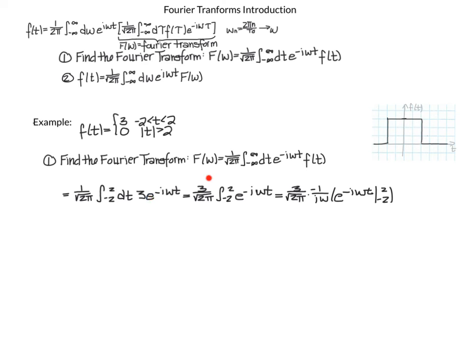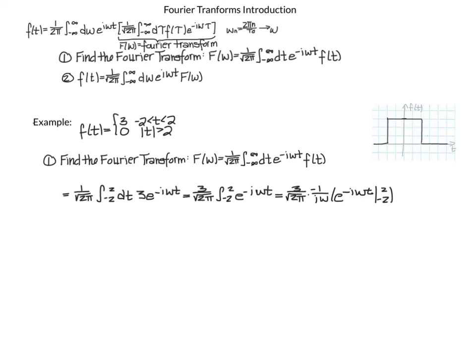I've pulled out my 3 to the outside, and now I'm left with the integral from negative 2 to 2 of e to the minus i omega t. I forgot to put my dt here, but pretend I did. Since I'm integrating with respect to t, my minus i omega is considered a constant, so I'm going to pull that out: minus 1 over i omega, e to the minus i omega t, evaluated at 2